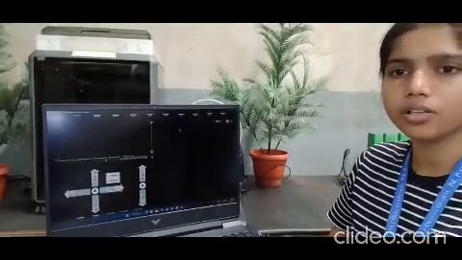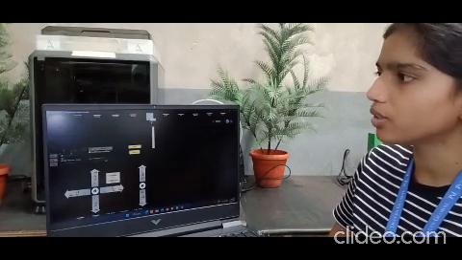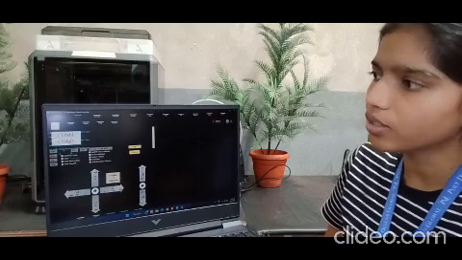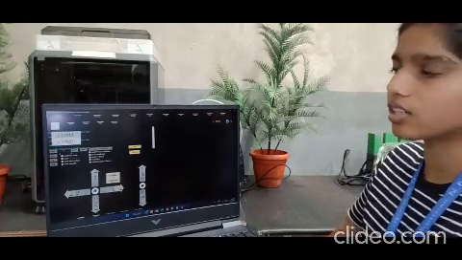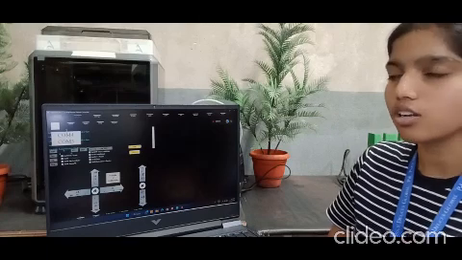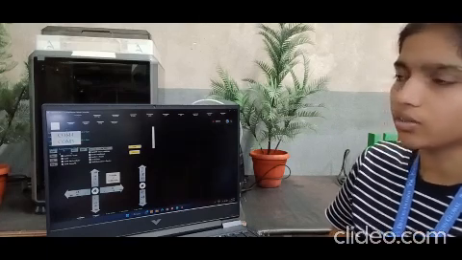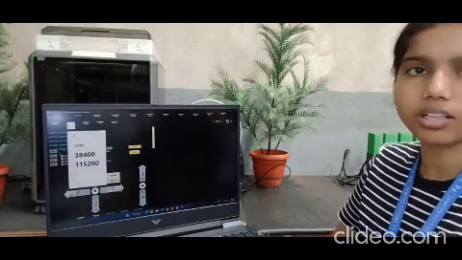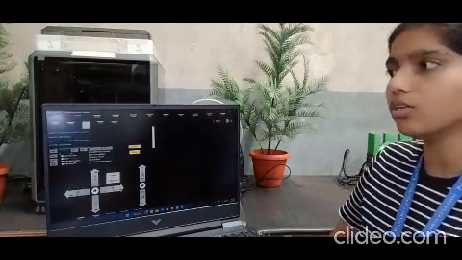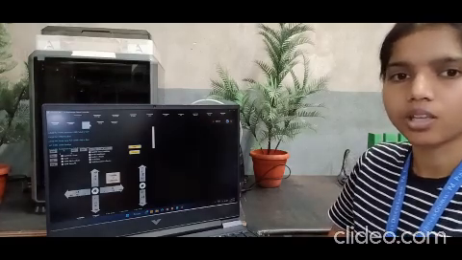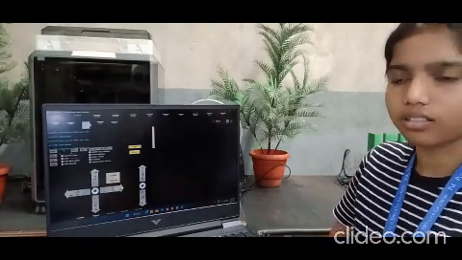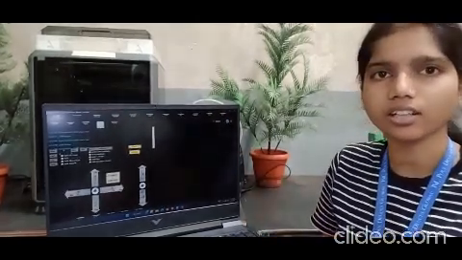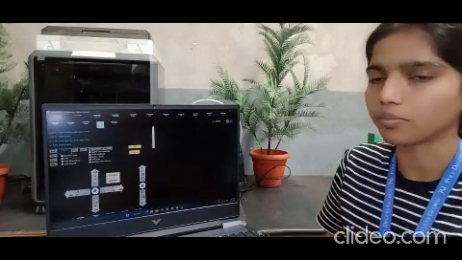Now we'll look into the communication screen. First you have to go into COM. Then in communication ports, we need to select the COM port which is connected to the 3D printer or the software. So according to that, we need to check the COM port first. Then we need to apply the baud rate according to our preference, and then apply that in the machine. Then we have the ping button to test the connection of the machine which is connected to COM.